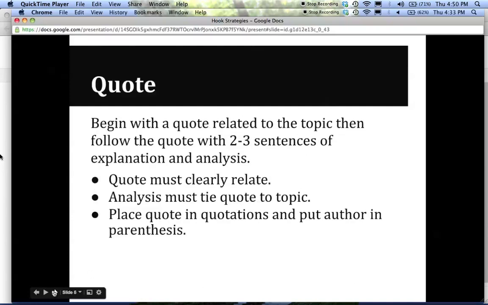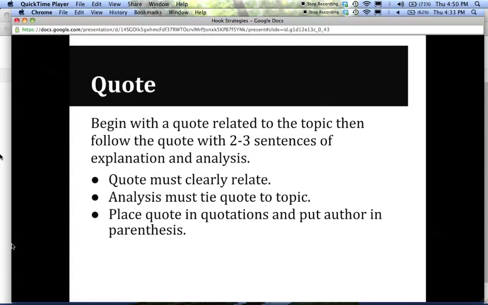The third strategy I want to talk about is beginning with a quote. And a quote could be a quote from a famous book, it could be a line of poetry, it could be a song lyric. And when I say beginning with a quote, if your quote is more than one sentence, now you don't want to use a really long quote because that will weigh down the beginning of your essay. You want to start with a shorter quote, maybe a sentence or two, but you want to count that all as one sentence. So it doesn't matter if it's one sentence or two within the quote, just count the quote